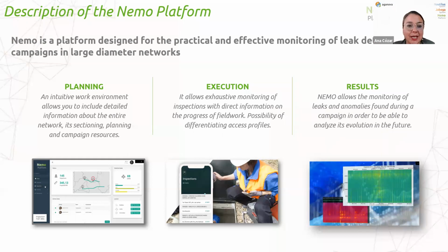This was the development of the NEMO platform. This platform is designed for the practical and effective monitoring of the leak detection campaign. So it is not just about the results, but it's the planning of the group, the execution of the services, and also sharing the results. Our clients will always have access to this platform to come back in the future and check the previous results